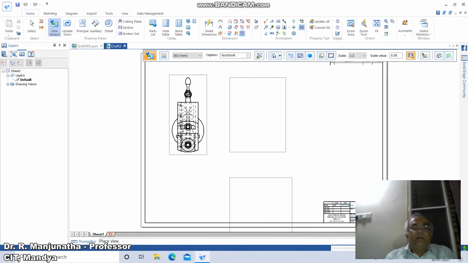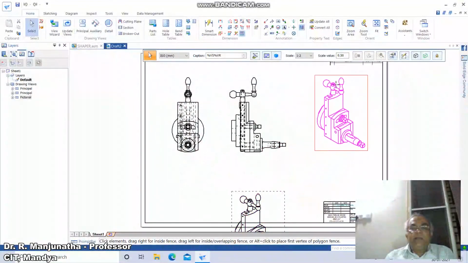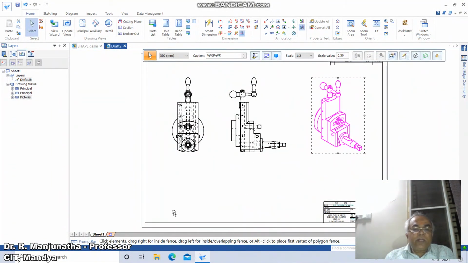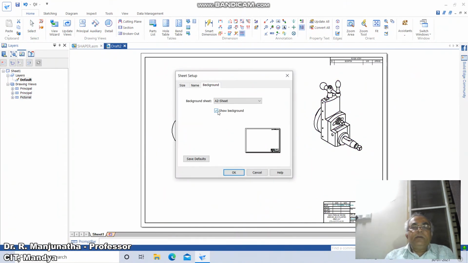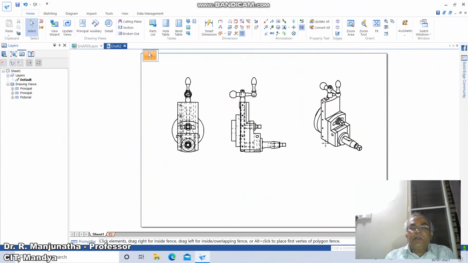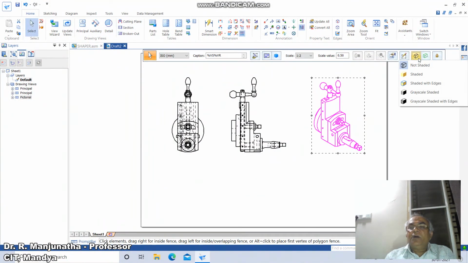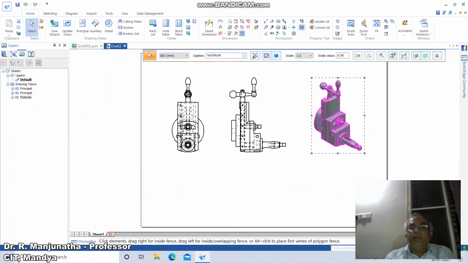You just click it over here, then drag this and place it here. Once you do that, then go to sheet setup and remove the background, say OK. Then you just click over this and click on shaded with edges, then go to update view. So you're going to get the update now.